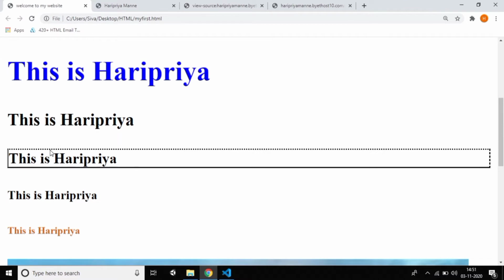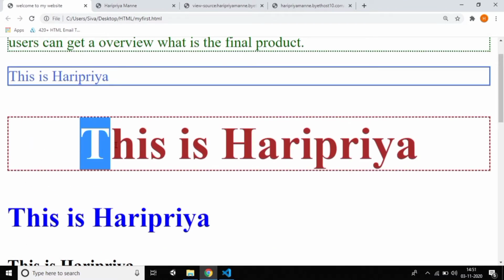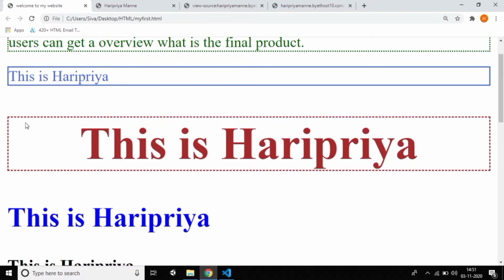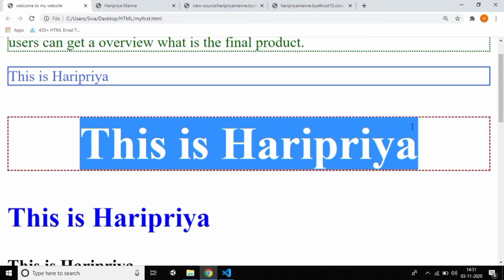So why can we create a margin? Guys, you can observe that the border was created based on the width of this. I don't want the border everywhere, I want the border only for the selected area. So we can create a border for the selected area by using margin. We have margin top, margin right, margin bottom and margin left. If you want margin left and margin right to be very small, it automatically decreases and we get what we want. So that is the use of margin. If you want a specific length and specific width, we can use margin properties.